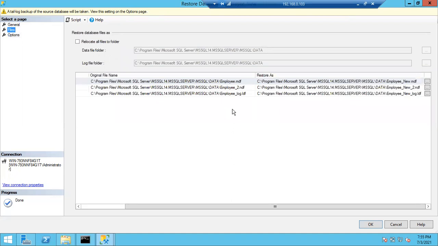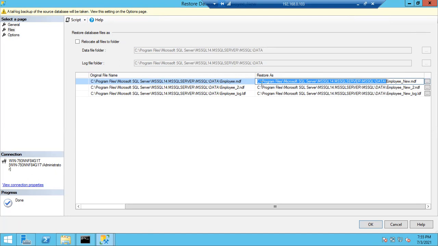What if you want to restore on a different server? I'll show you. What if you want to restore on a different server, in a different instance? I'll show you. Simply, the logic is that in the other server this path may exist, may not exist, right? For example, you are restoring a database from a very lower version to a higher version, from SQL Server 2008 to 2017.